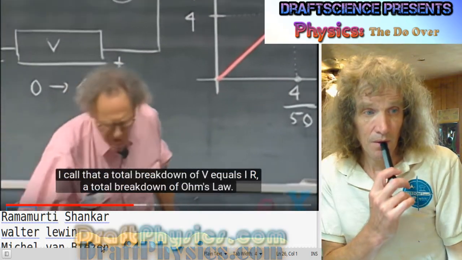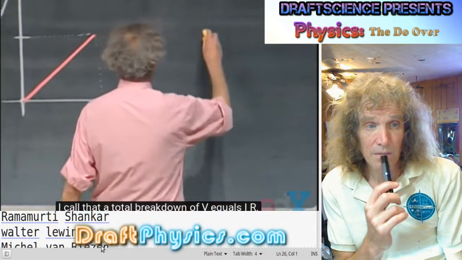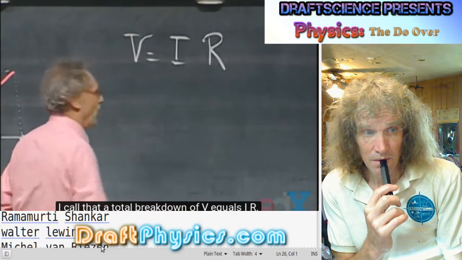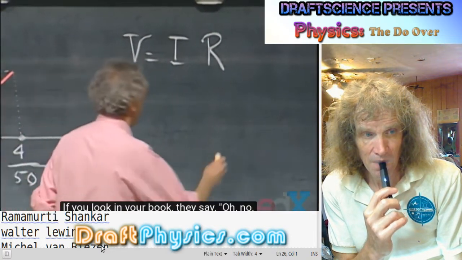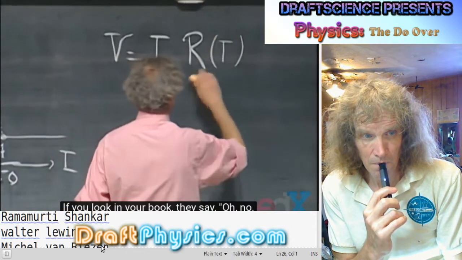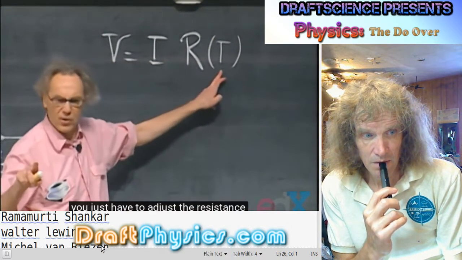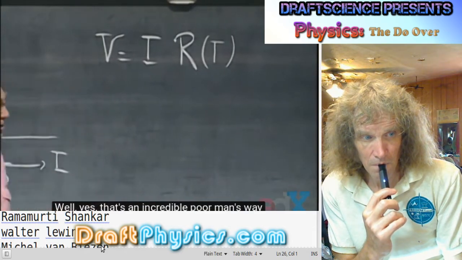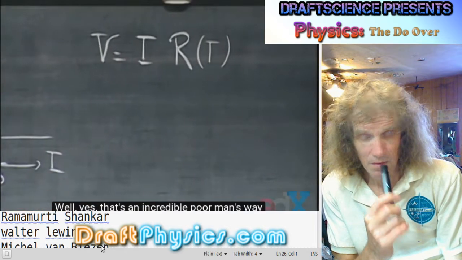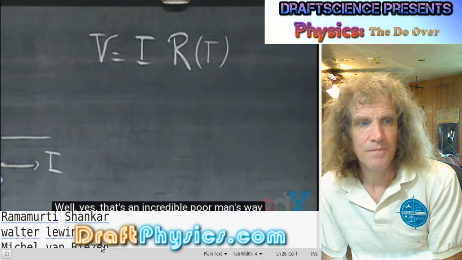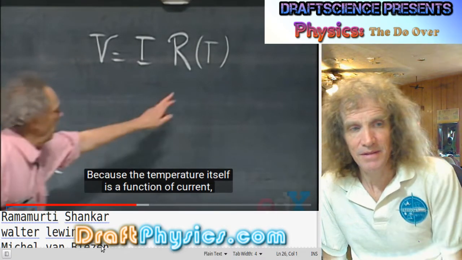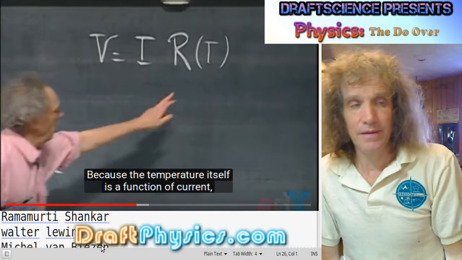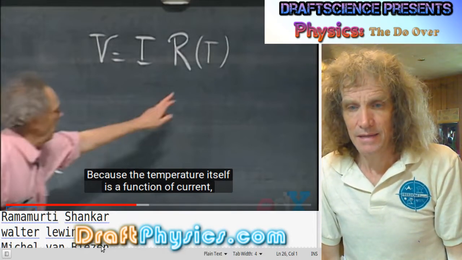Function of the temperature, I call it a total breakdown of V equals IR, a total breakdown of Ohm's law. If you look in your book, they say, oh, no, that's not a breakdown. You just have to adjust the resistance for a different temperature. Well, yeah, that's an incredibly poor man's way of saving a law. It's a very bad law. No, I'm just saying it's not a law in the first place, and clearly that can be understood that heat